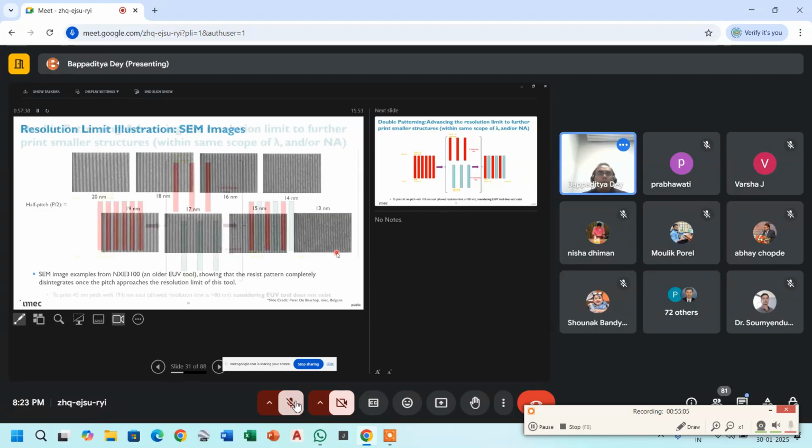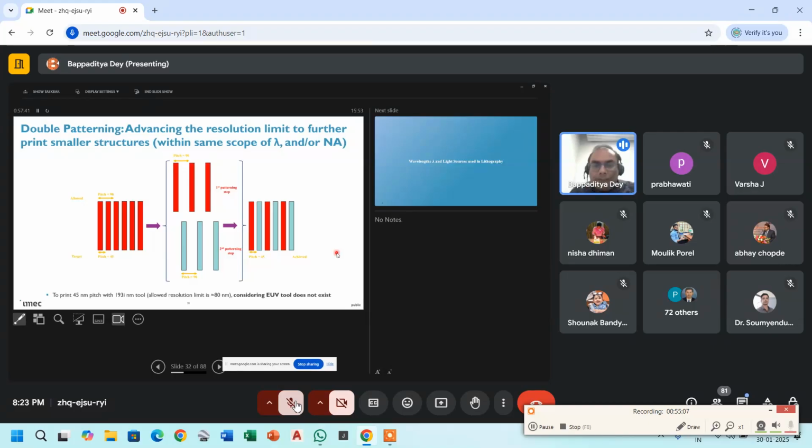Okay. So this is called double patterning. The concept of double patterning is this: your resolution limit is followed by the 193 immersion tool, and the allowed resolution was 80 nanometer. And you can see here, the pitch is 90 nanometer. So using the same tool